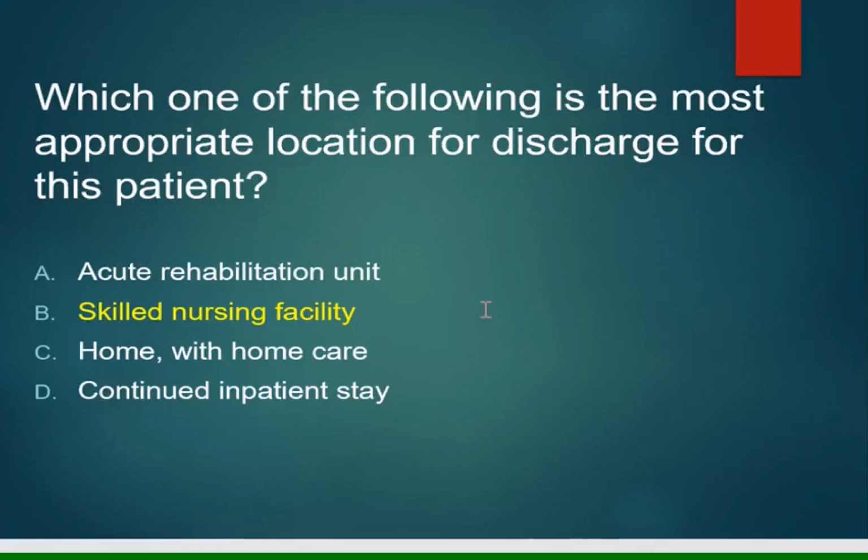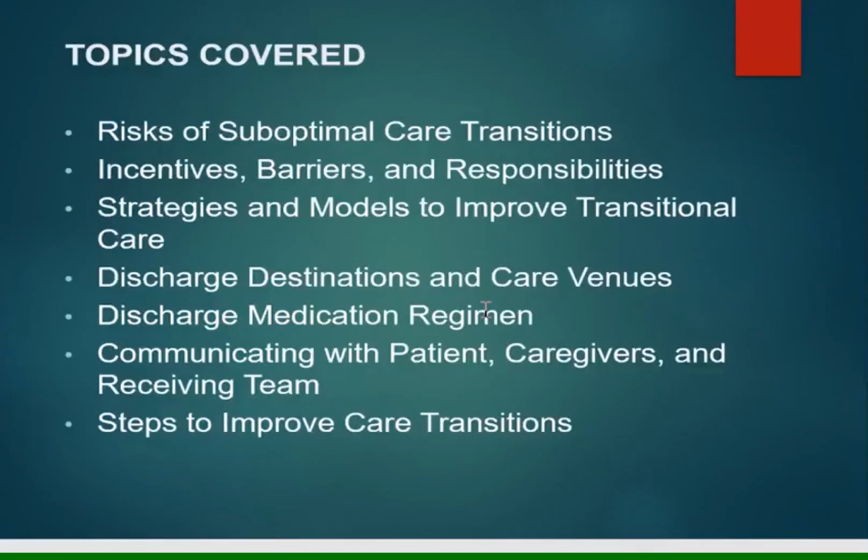wound care therapy. The topics covered today are going to be risks of poor care transitions. What are the incentives, barriers, and responsibilities for making a good care transition? Also to look at strategies and models that have been tested for improving that transition, and to look at the different venues with which older adults are transferred. We also want to hone in on medication regimens, as well as the communication plans, and just overall steps to